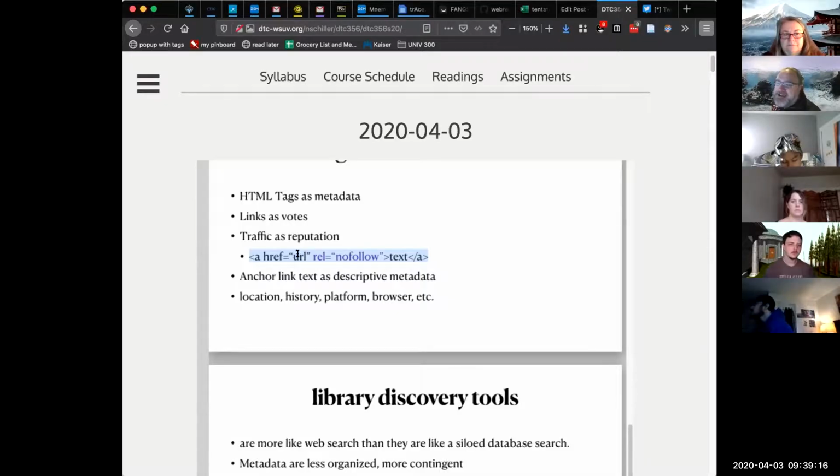So you'd get an http://dtc-wsuv.org. And then if you close the quotes, that's the URL, Uniform Resource Locator. So in the link language, you say A to open the link. You give the URL. If you do a rel equals nofollow in the opening of the link, what you're